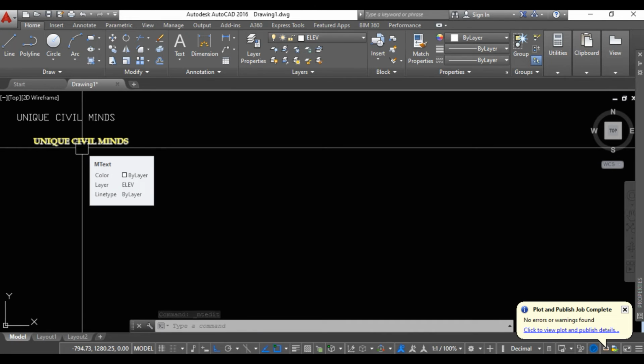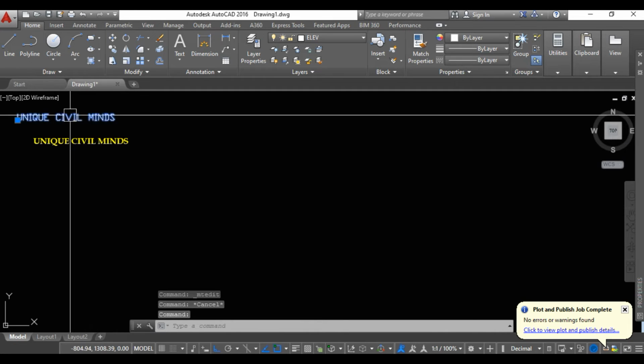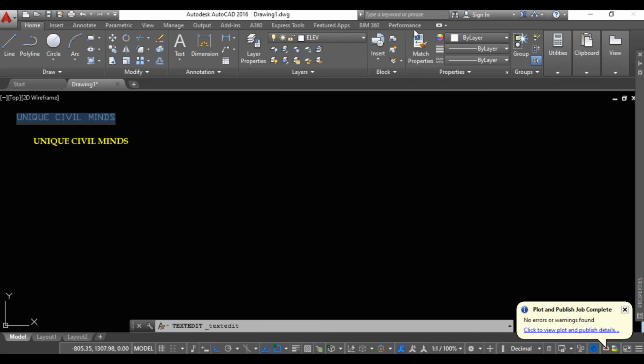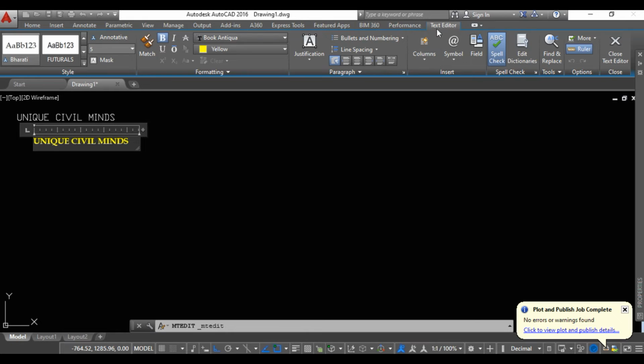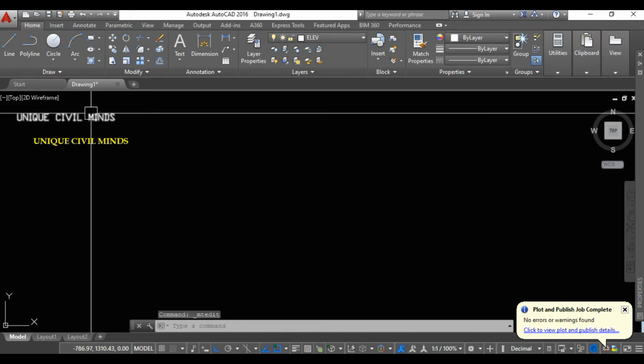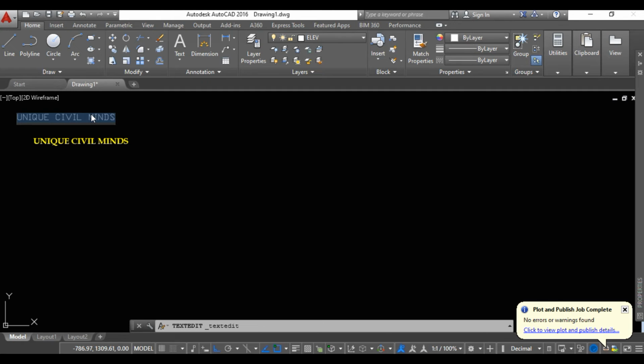So how will this text command work? Whenever you are typing with the text command key called text, it is not going to be editable. For example, I will show you once again. Here when I was double-tapping on a new command or new anything, it is not opening on the top side. But when I was doing this editable one, see here you are going to get the text editor. It means you can edit this text in all manners or all aspects, but in this case, whenever typing text, it is not going to work. For this case you are not going to get the text editor over here, right?